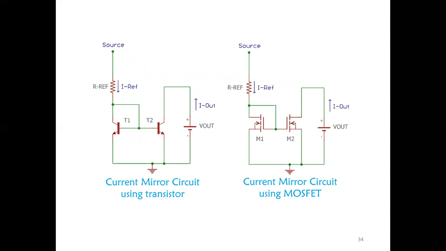So this is the basic circuit diagram for the current mirror circuit. The left one uses a transistor, and the right one uses a MOSFET. It is a very simple circuit. Both NPN transistors have their bases connected together, and this is connected with the source circuit. We take the input reference, that is the input current, and on the output side we get I out, the constant output source current. The same concept applies using the NMOS MOSFET.